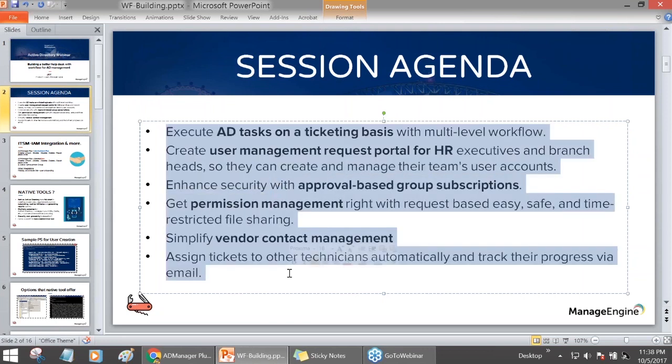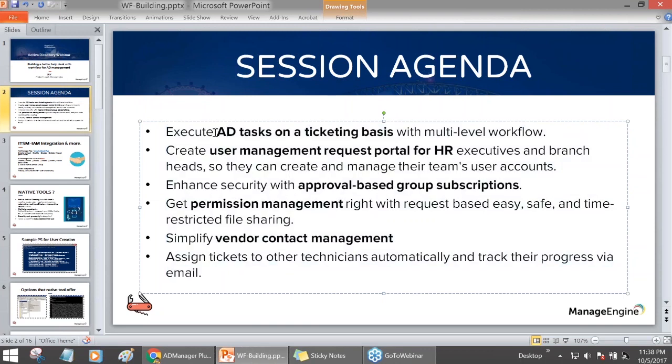The agenda, I've given you a quick overview as to what this session is all about. We'll start off by understanding how the task based ticketing works in AD Manager Plus, the whole chain of workflow in AD Manager Plus. We'll go on to talk about how to create a simple request portal for your HR for user related activities, things like onboarding, deprovisioning, disabling accounts, and so on. And then from a security point of view, we are going to let your line managers request for group membership